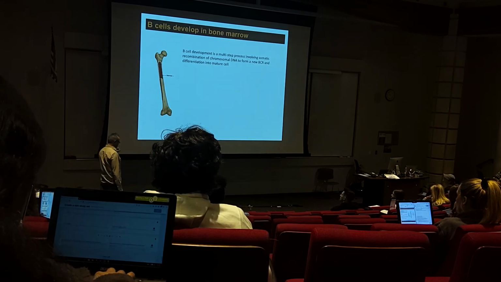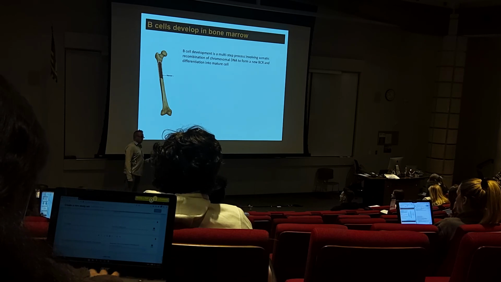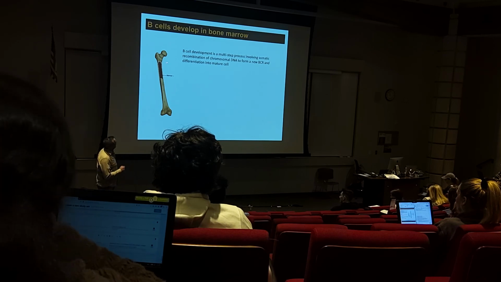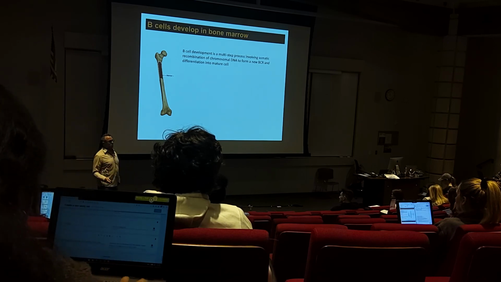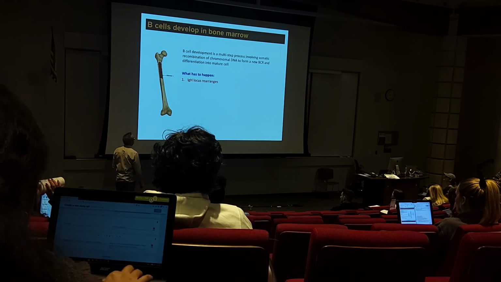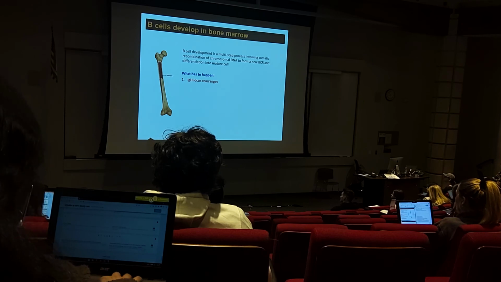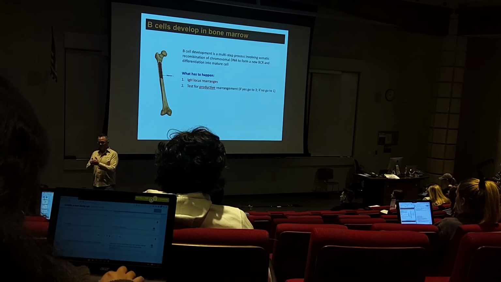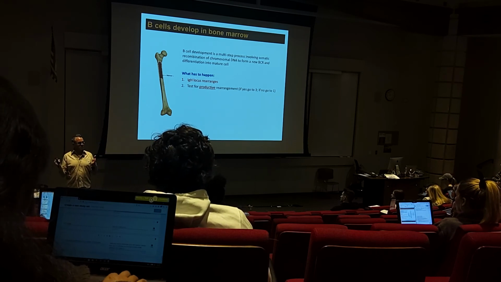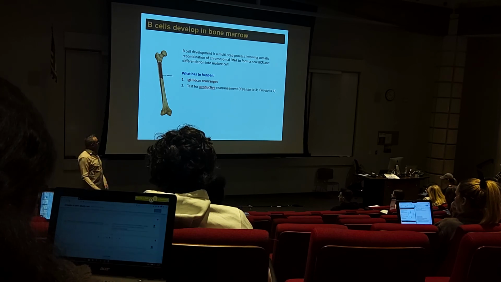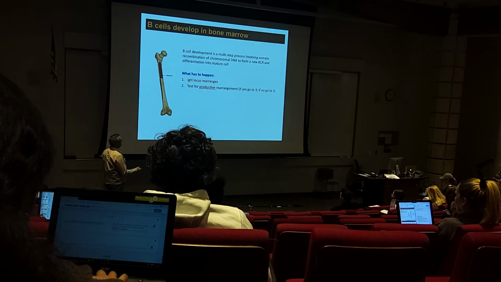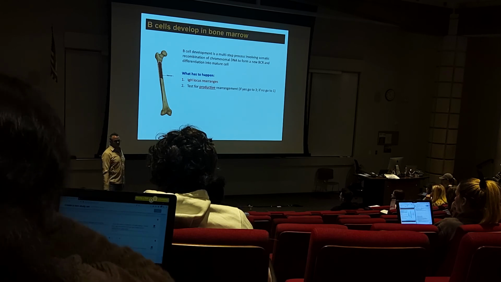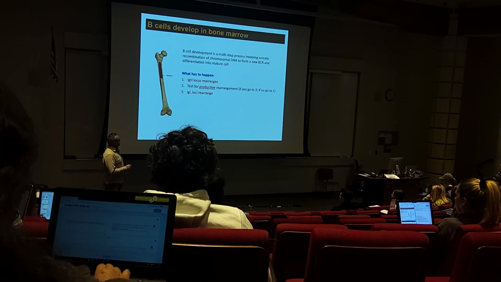Okay. So remember, B cells develop in the bone marrow, right? That's where the hematopoietic stem cells are. And so you start this process here after you're committed to the common lymphoid progenitor. What has to happen? We have to get an IGH, the heavy chain rearranging. You have to test if that was a productive rearrangement, meaning that joint was a multiple of 3, so that you're in frame with your codons. If that's a yes, you go to 3. If no, you go back to 1. If that was productive, then you do